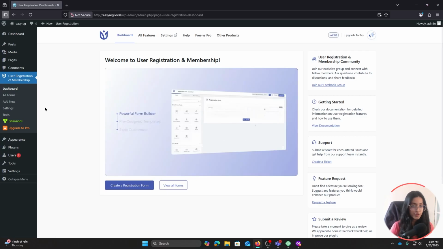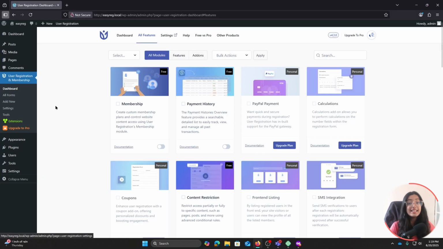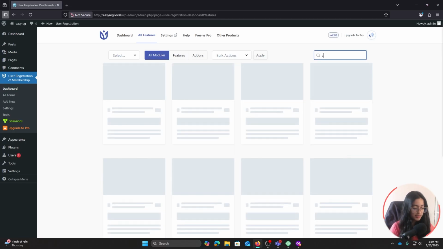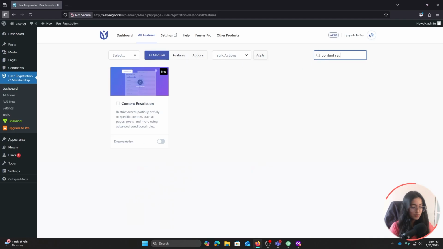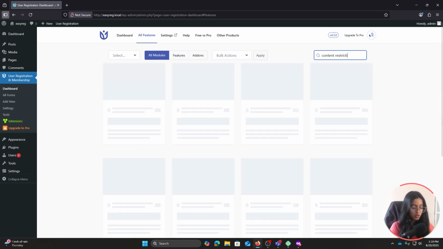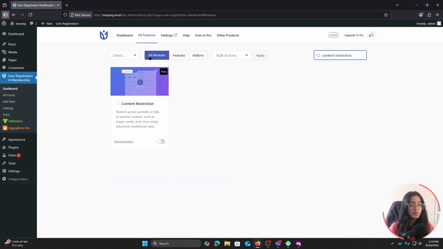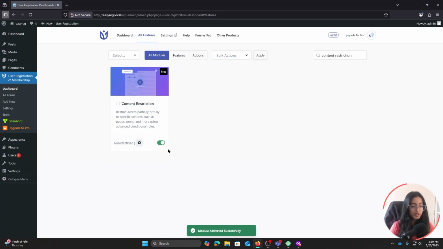For that, first of all, from the extension menu, enable the content restriction add-on. So go to the search button and search content restriction, which is already displayed here. Also, this is for free. So enable this add-on. Now that this has been successfully activated, you can restrict a whole site, an individual page,